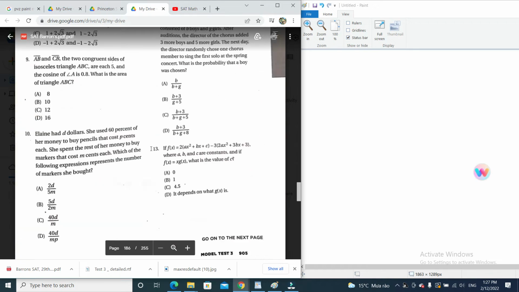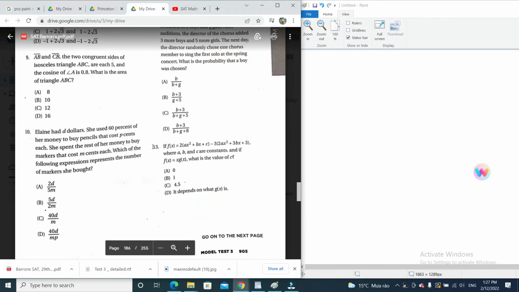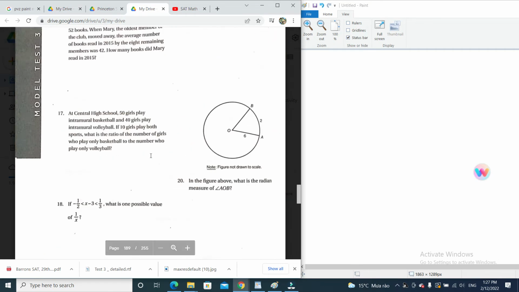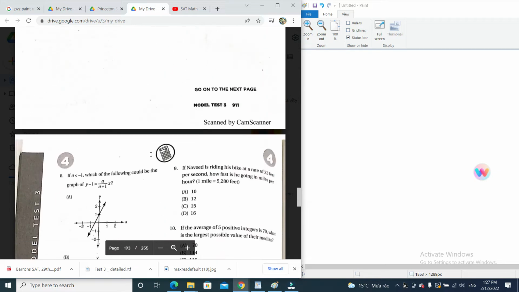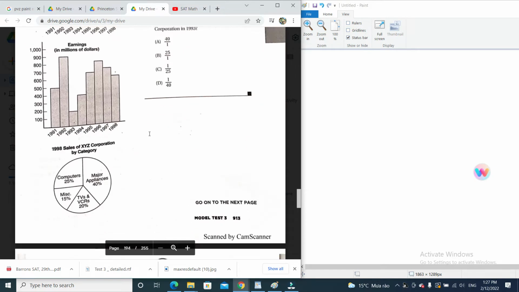Where there's section 4, that gives us the percentage of appliances, like computer, miscellaneous, and TV and VCRs, as a percentage of the total sales. Okay, so